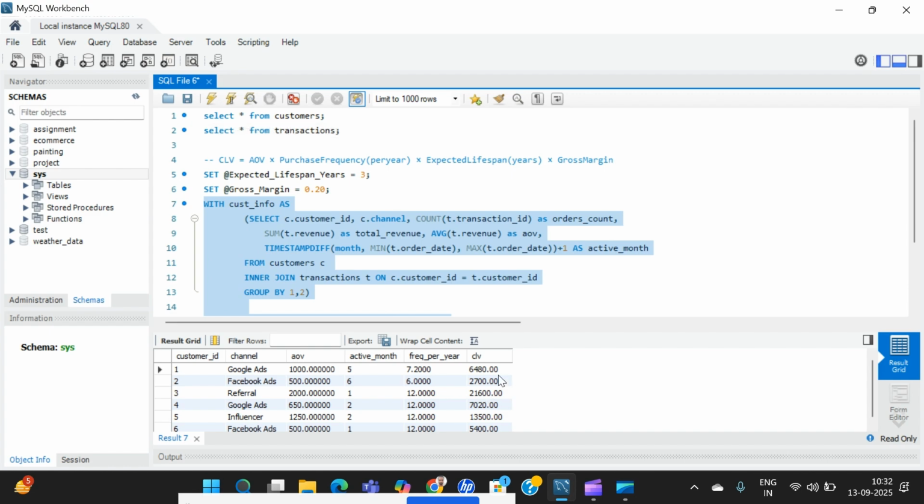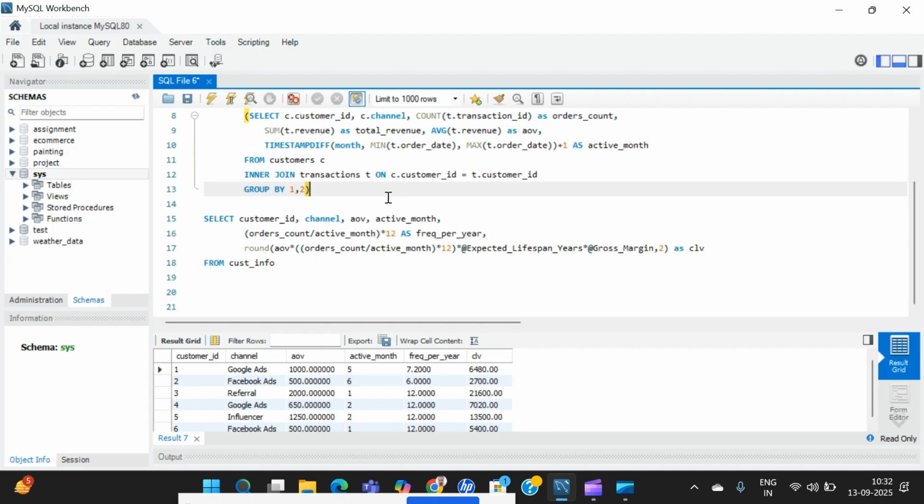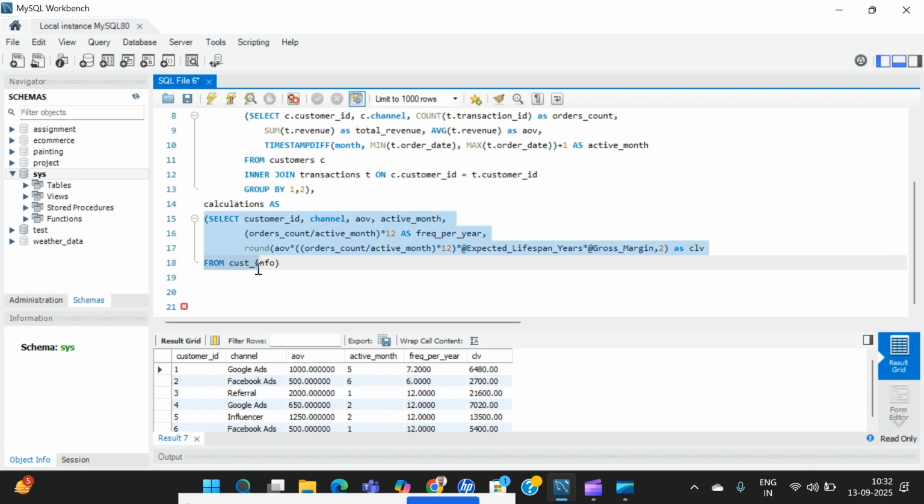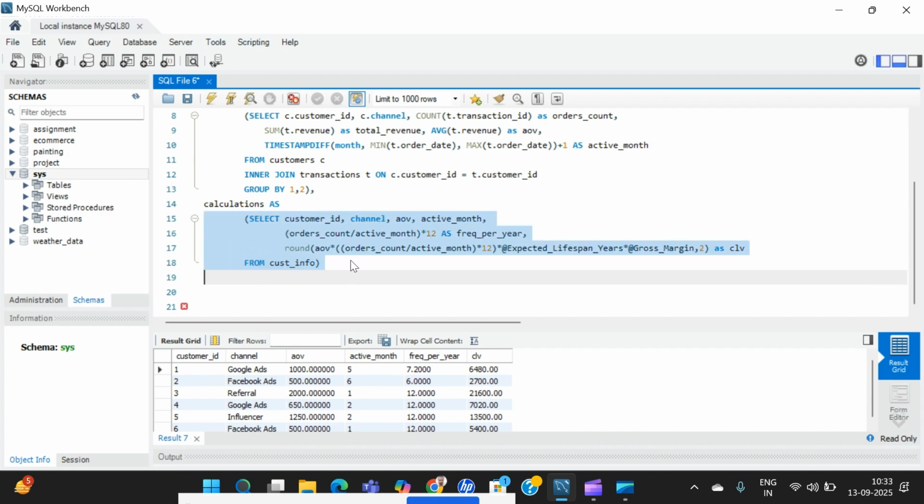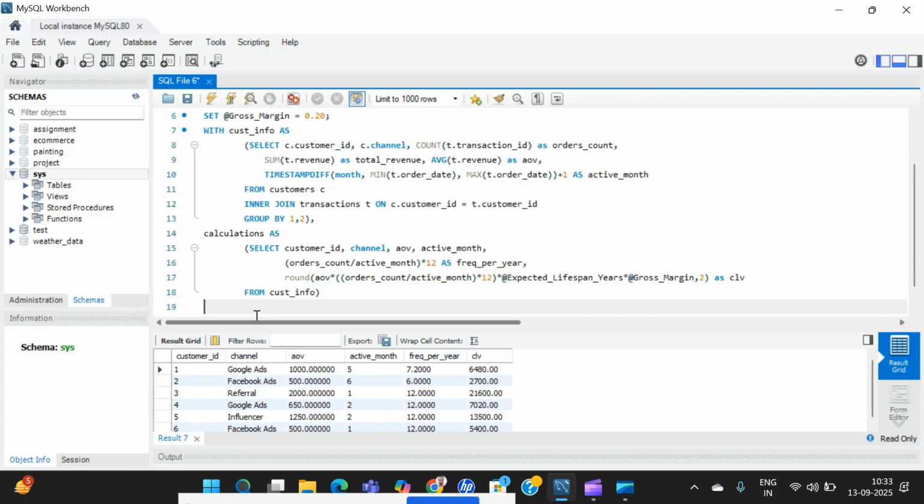Yeah, so we have the CLV and everything, but we need a clear output. So now I'll save this part also in a CTE. So I'll name it as calculations. Calculations as, now select